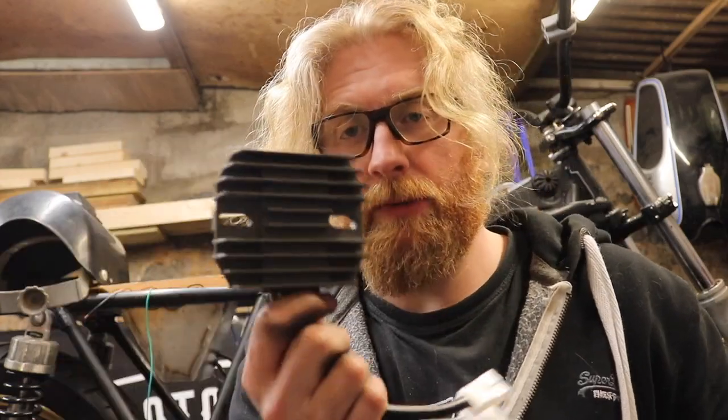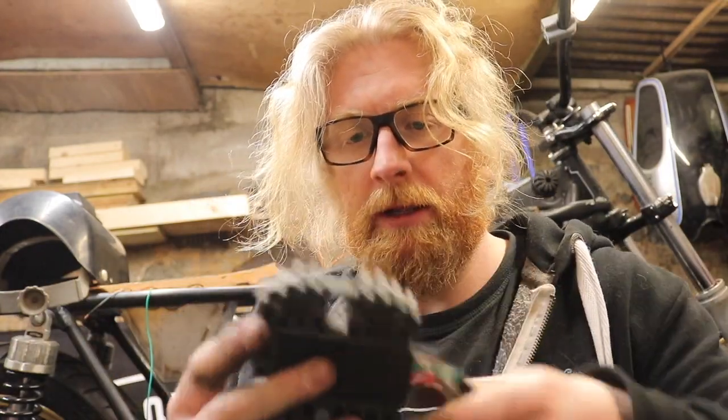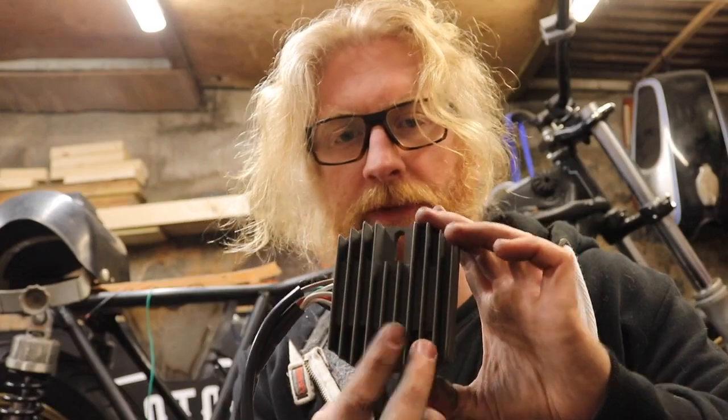Therefore, it would be nice to get that little casing off so I can get it coated, whatever I want to do with it. So we'll leave that, and then we'll move on to this. So this here is the regulator rectifier. All I have to do is cut a straight bracket and drill a couple of holes in it. Luckily they've got these nice holes, so I'll be able to get a couple of bolts in here